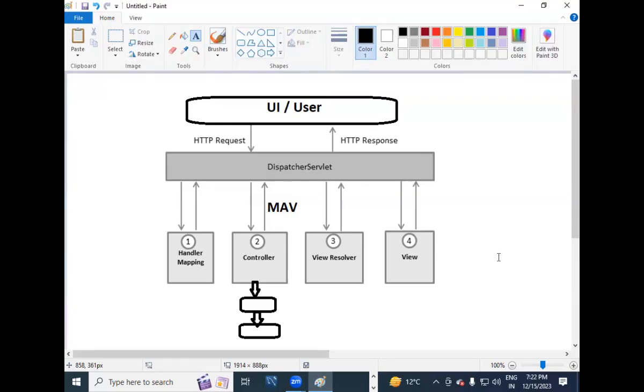I want to send employee data to the UI. Key value. I want to send book data to the UI. Key value. What data you want to send to the UI, that we will represent by using model. This data should display in which page? We have multiple pages: login page, registration page, dashboard, logout, so many pages available. In which page, which data should display, that will be represented by